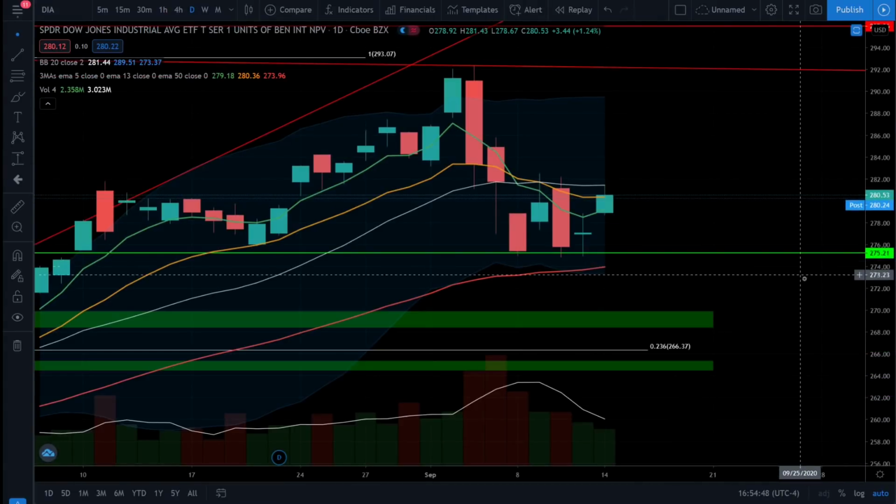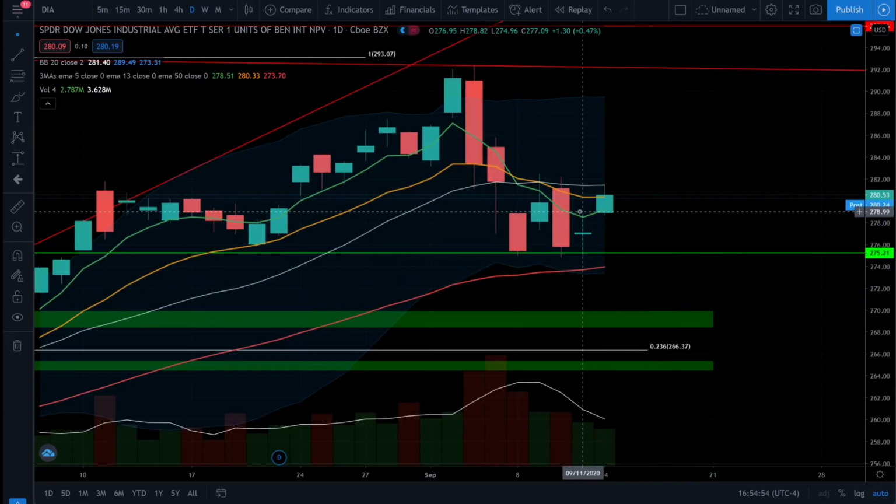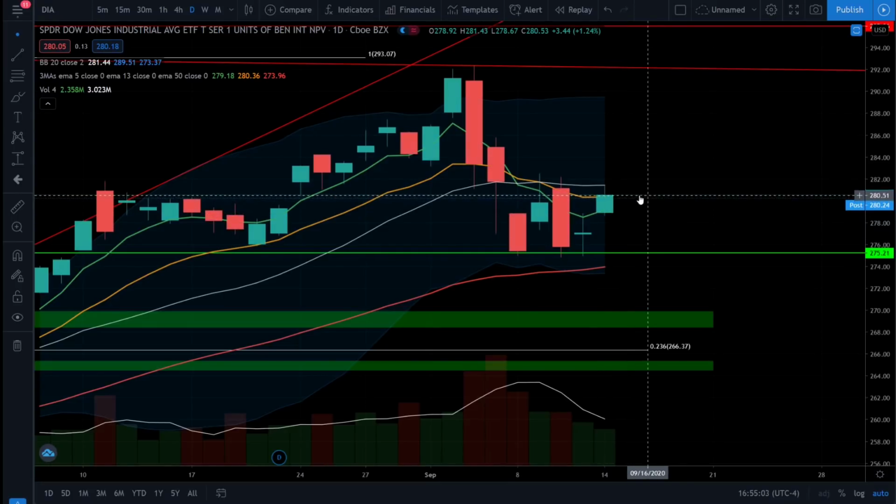Next up is the Dow Jones Industrial, and we're looking at the DIA ETF. We do see a downward trend on the Dow Jones as well. However, we did have a much better close on the Dow, closing up above the 13 EMA. However, we can still see here with the wick of today's high still finding resistance at that 20 simple moving average. Now, if the Dow Jones can close back above the 20 simple moving average